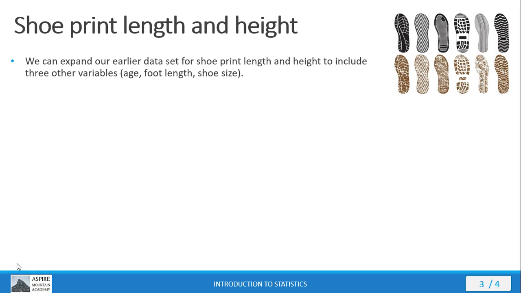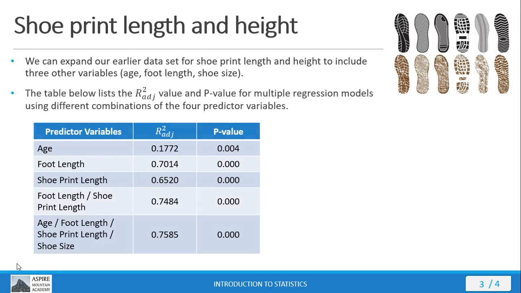Let's look at our earlier data set that we had for shoe print length and height. And let's make models to include 3 different variables in addition to shoe print length. So we've got age, we've got foot length, and we've got shoe size. So with those variables in place, we can make multiple regression models for different combinations of these variables. And you see that in the table here. Listed also with each of the models is the corresponding adjusted R-squared value and p-value from those models. So now that we've got this tabulated, we can compare